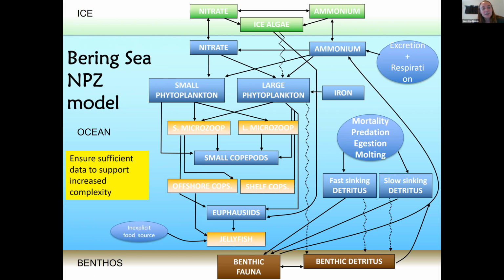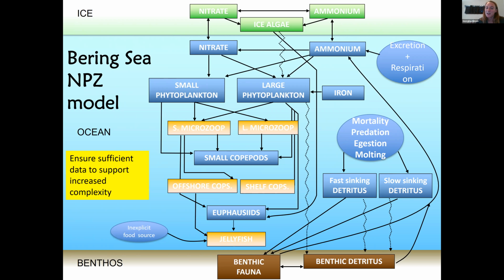One downside of this approach: there was a lot of enthusiasm early on in the project to include jellyfish. We have to include jellyfish, we've been seeing these big blooms of jellyfish in the Bering Sea, and the observational scientists pushed really heavily to include this component. And so we did, because within a model, of course, you can code in anything you like, but to this day, I still feel like that's a very under-validated component of the model.